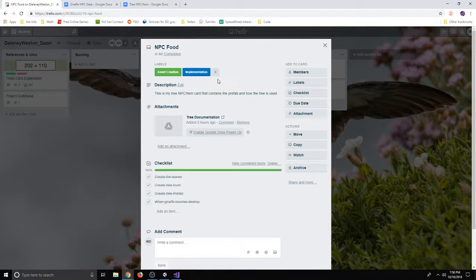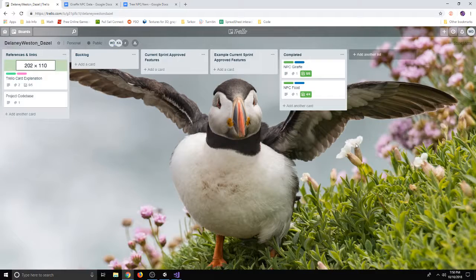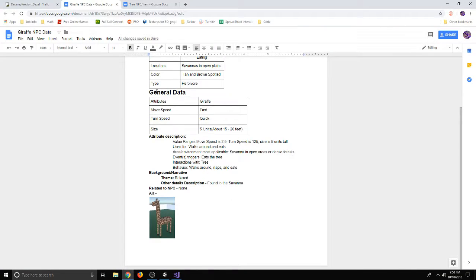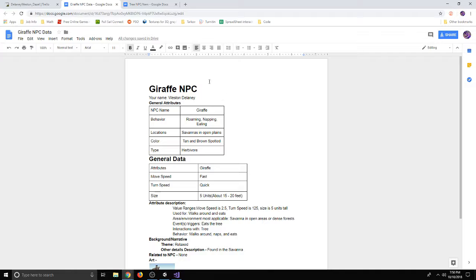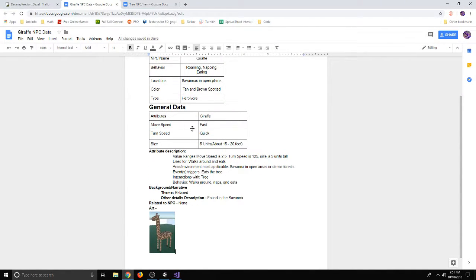Here I have my NPC food, which is my tree. I had the creation of all of the things, and then the prefab, and when the giraffe touches it, it destroys the tree. And then here is my data for the giraffe and the tree. It just talks about what it does, roams, naps, and eats, where it's from, what it looks like, stuff that it eats. And the move speed is fast, it turns quick,